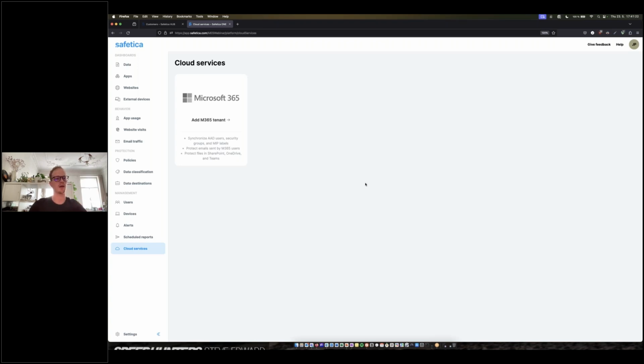Also, when we're talking about connections between the endpoint and the database side of things, everything that is set on a machine is still protected when it goes offline. For example, if I were to turn off my internet and try to share some information onto a flash drive, the more old-school way, all the policies are still set and it will still be logged, blocked, notifications, what have you, that will all still show up. And when you are connected again to the internet, all of the logs it might have been keeping in the meantime will get sent back up to the database.